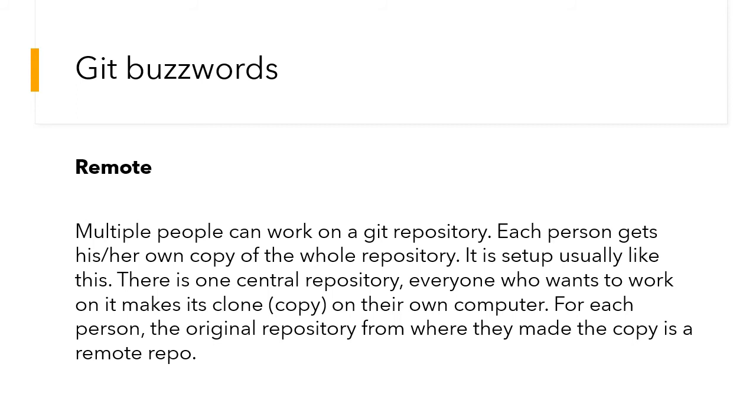A remote in Git is a common repository that all team members use to exchange their changes. In most cases, such a remote repository is stored on a code hosting service like GitHub or on an internal server. In contrast to a local repository, a remote typically does not provide a file tree of the project's current state. Instead, it only consists of the .git versioning data.